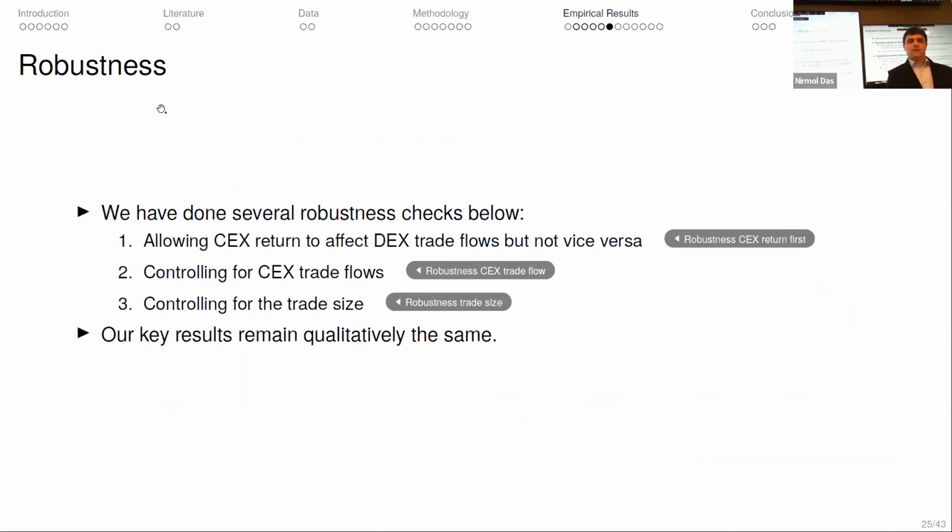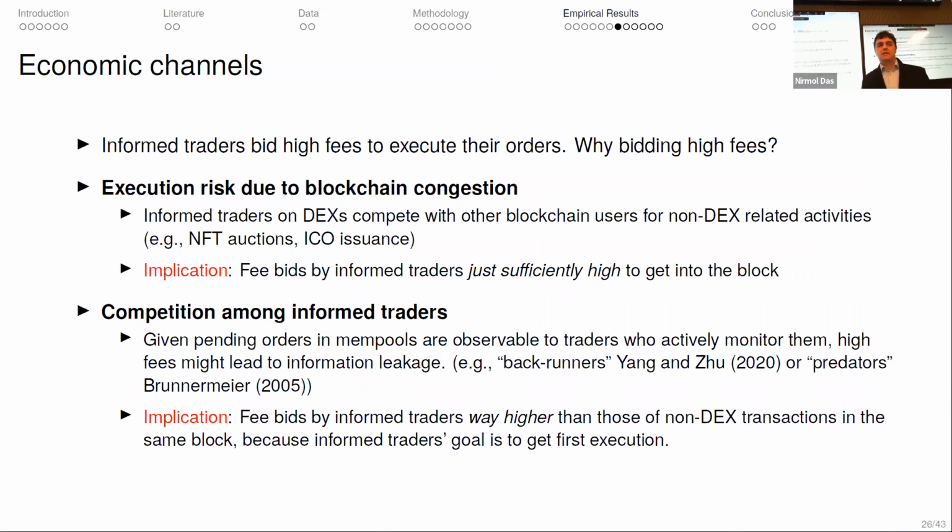Good. So the last part I want to discuss is about why they are bidding these high fees. And we have come up with 2 plausible possibilities. The first is that you want to avoid execution risk. So if you have short-lived information,